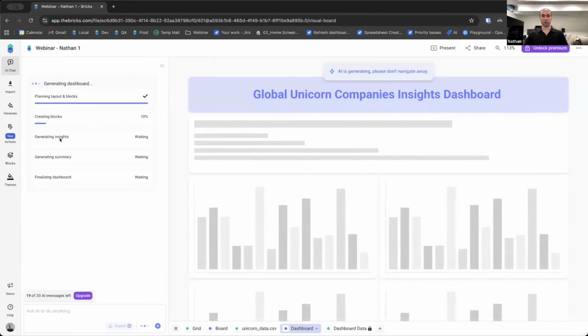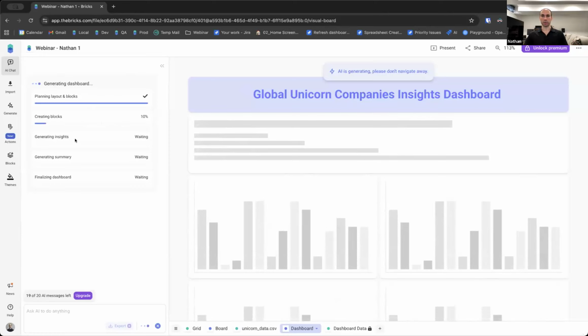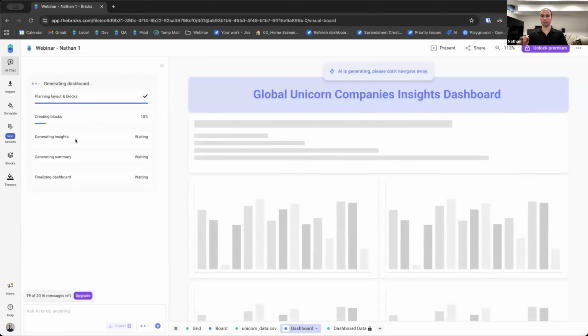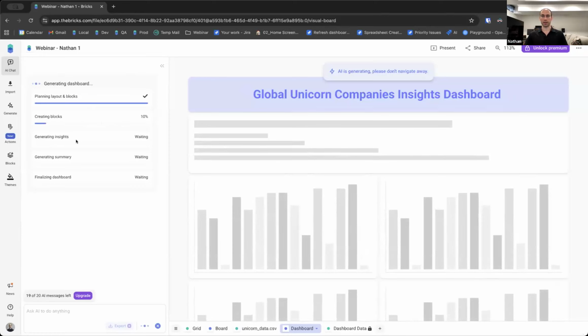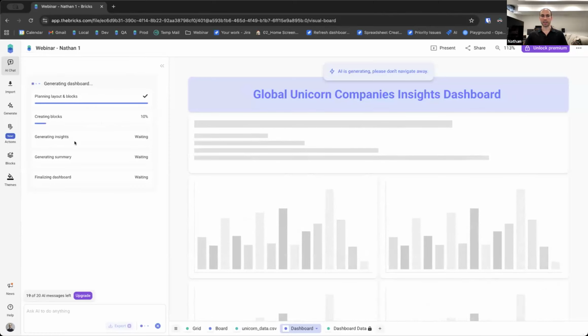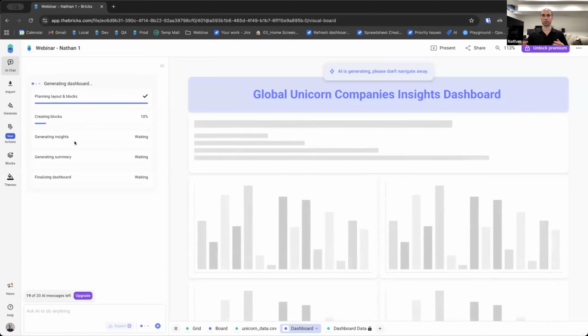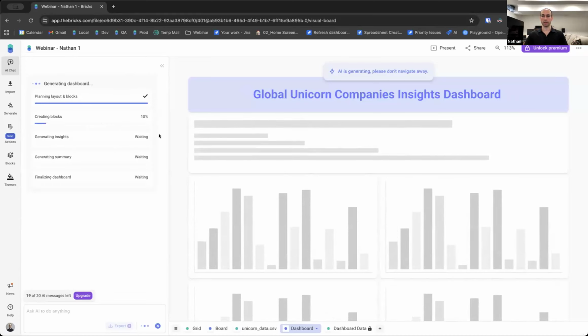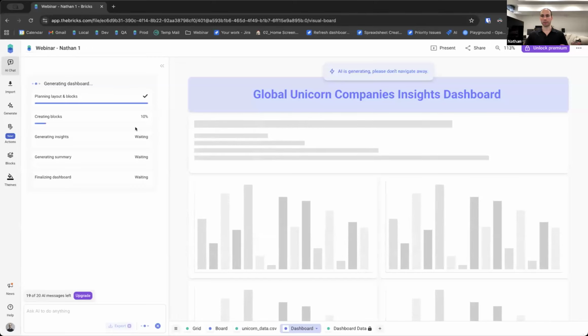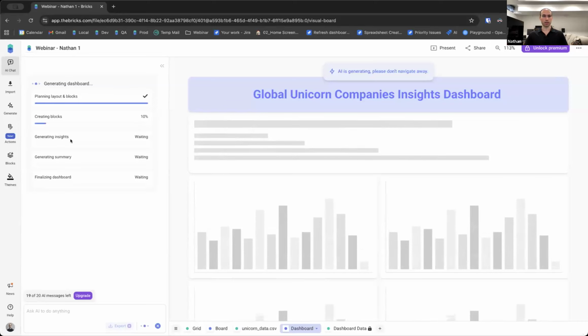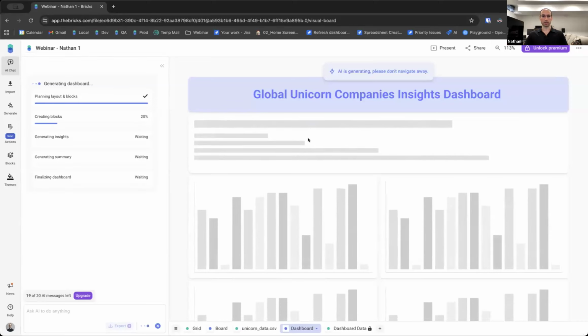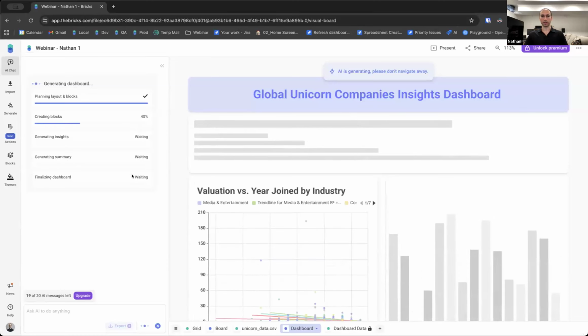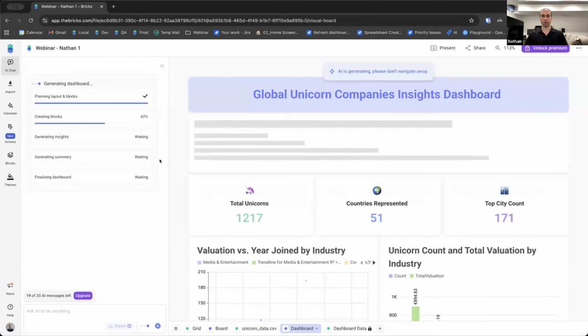Once this is done, we're going to have the insights agent run, which will look at the charts, tables, all the data that was created, and actually analyze that to pick out specific insights that are going to be important for describing the details of your data, just so that we can write it in language that's easier to understand rather than you just having to look at the charts and figure it out for yourself. That will create a summary that'll show up here and it'll finish off the dashboard and it'll be ready to